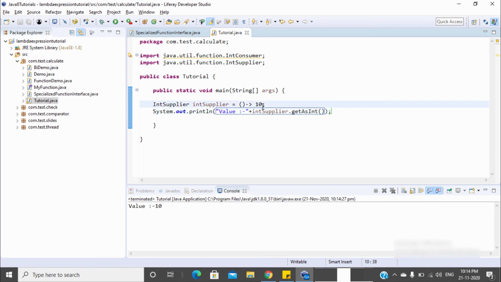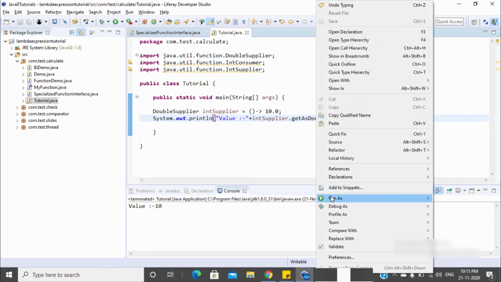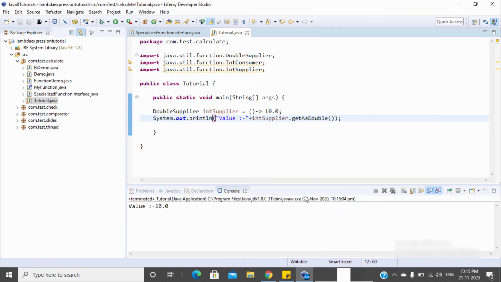Let's change the value to double and it will give me an error because the value is double and I am using IntSupplier. If we want to return a double, then we can use DoubleSupplier. Now with DoubleSupplier, the method is getAsDouble. Now it's running fine. This way we can use IntSupplier, DoubleSupplier and the others.